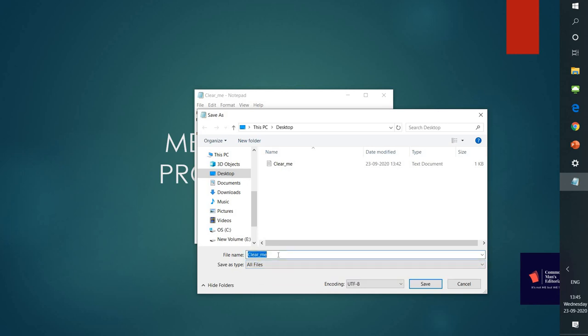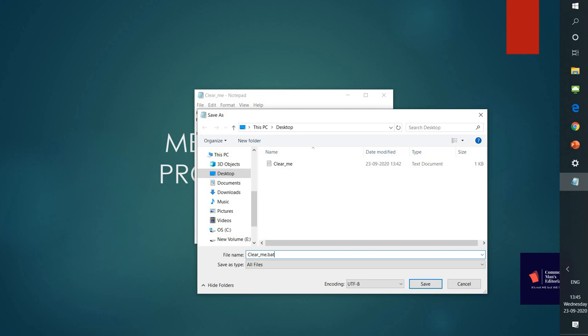Here comes the important part of it. After the file name, with whatever you give, you have to append .bat. .bat stands for batch file. A batch file is a kind of file which runs certain scripts within it. So whatever kind of script you can run through the CMD prompt, you can run it within the batch file.